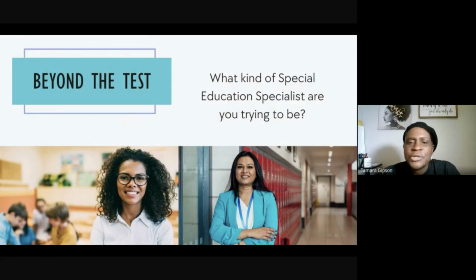Because not all of these terms are surface level. Case in point, tonight's conversation around functional performance. It's not just vocabulary for this test, but it's going to reflect your professional thinking and how you analyze your students' needs.